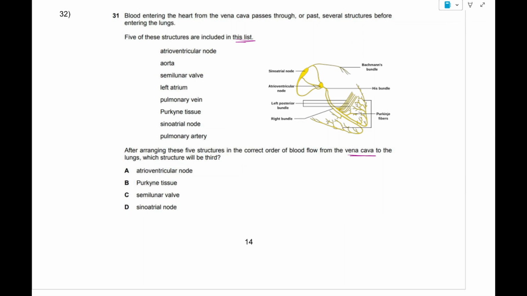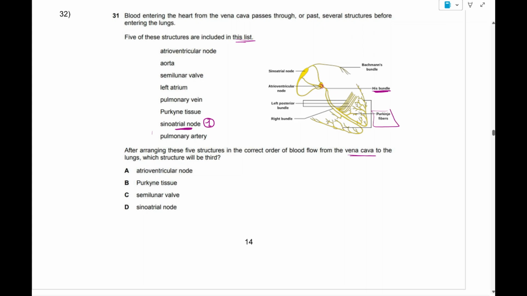Now, answering this question is slightly tricky. As we all know, blood from the vena cava moves to the right chamber of the heart, into the right atrium. But since we do not have right atrium here, we know that the sinoatrial node is found at the right atrium. So, the right atrium is going to be the sinoatrial node, and it's going to be the first one in our order. Now, as the blood passes the right atrium and the sinoatrial node, here it meets the bundle of His, as you can see here, and the atrioventricular node first, then the bundle of His, then the